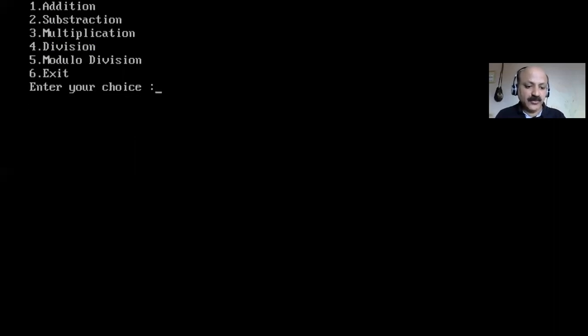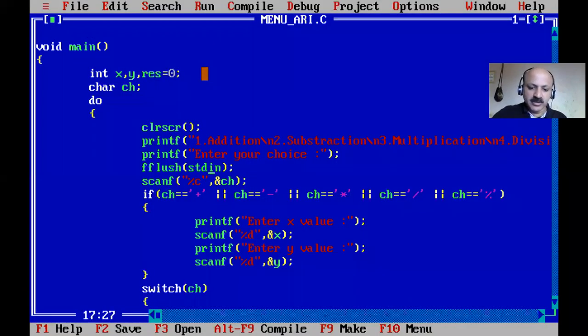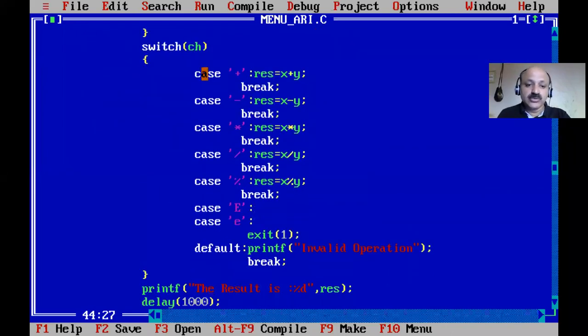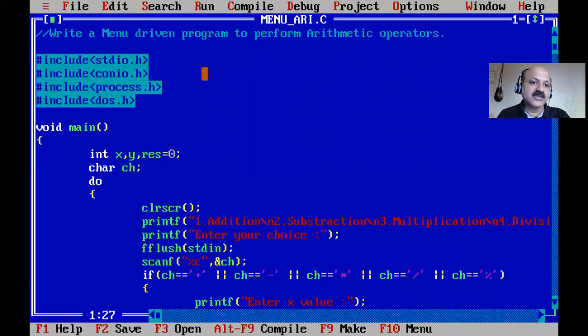That time be careful, you can type capital or small letters, because we use a character constant, not a digit. So here you can provide both. Capital works well, and small also works. Let us check. So first I give the small letter, I run again, and here I give the capital E. So that comes back out of the program. So all is well. So many things you can learn in this session.